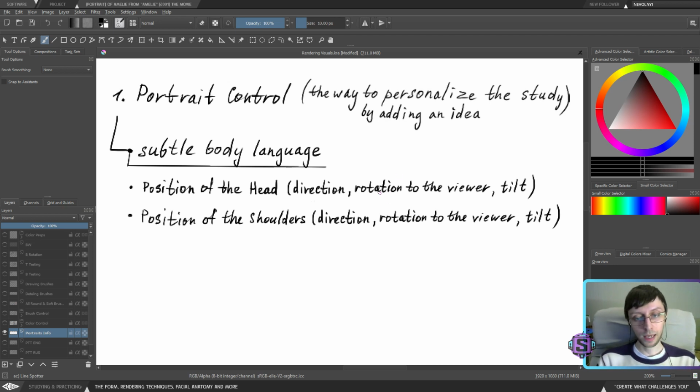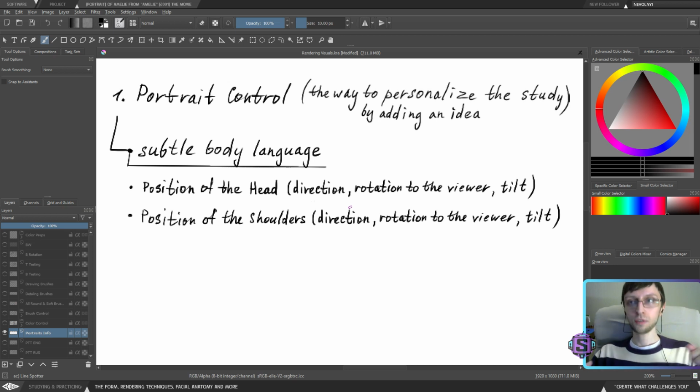Rotation to the viewer, again. By direction I usually mean something a little bit more psychological. I will talk about direction once we start to work with portraits. It's just the overall feel. It's kind of the same as the rotation to the viewer, but it's a much more psychological way of controlling where it's directed. If I press my shoulders together, they're going to be directed inwards.